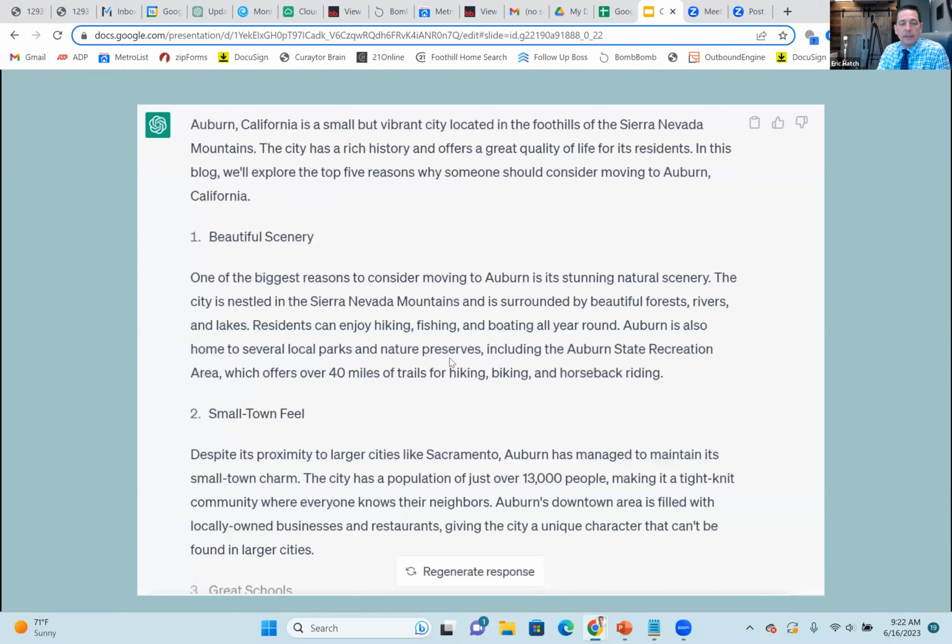Then you take this blog, and I want you to go in and actually put in pictures and links, and put in links to different things back to your website, or links to pictures of the small town, or whatever it might talk about, the schools, and a picture or a link to the school website and things of that nature in your blog. But it just saved me. I don't have time to go write a 500-word blog, but if you just put it in ChatGPT, there you go.